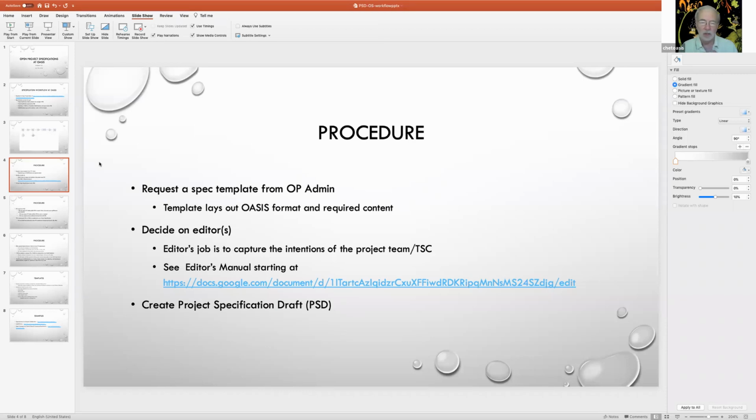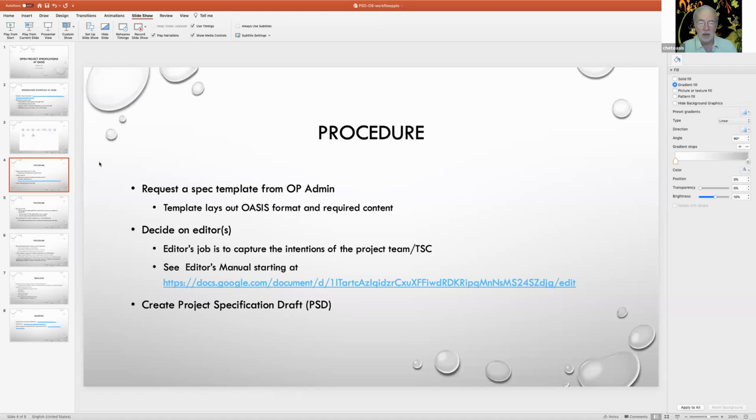We can send it to you in Markdown, send it to you in HTML, or whichever format you want to work in, Word. Many of the TCs like to work in Word. Well, we have a few now who have really embraced Markdown and are loving it. The OpenC2 TC in particular is doing a lot of development in Markdown now, and so we're learning a lot through their experiences.